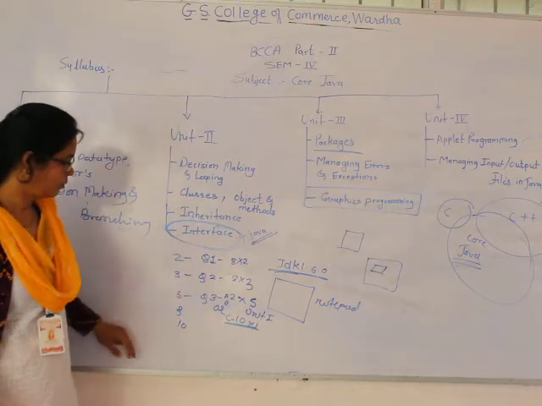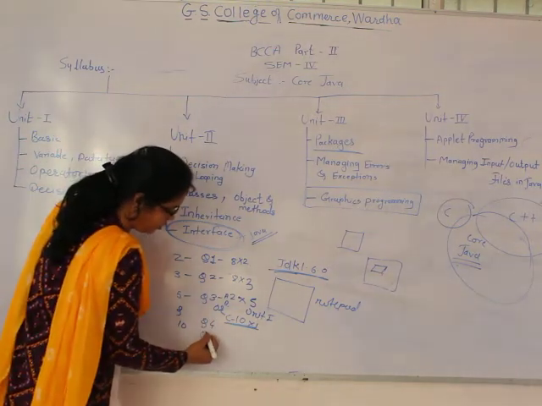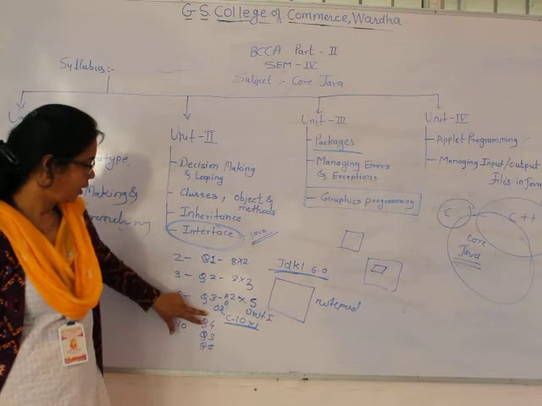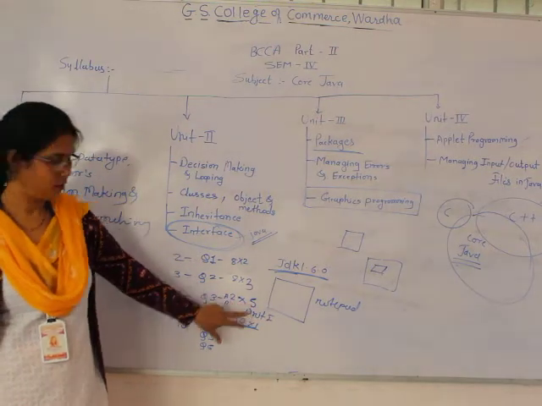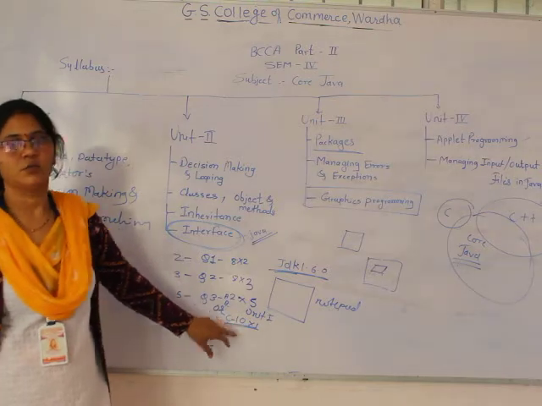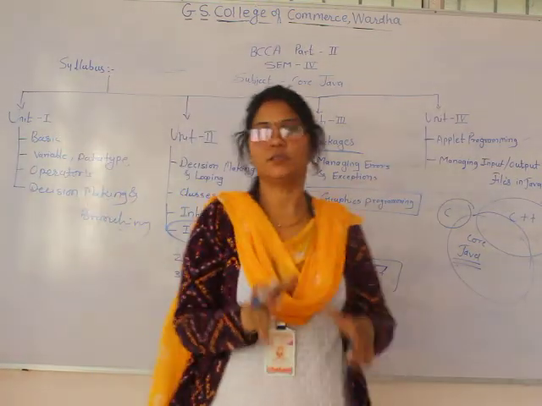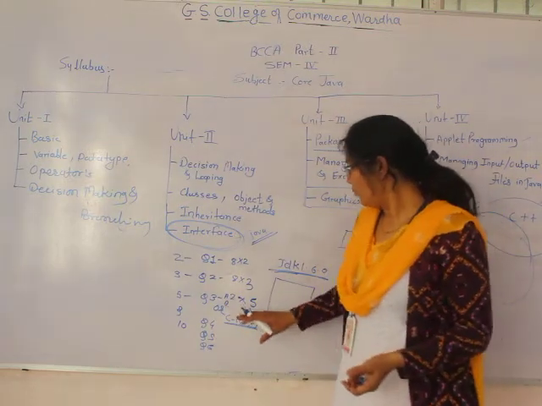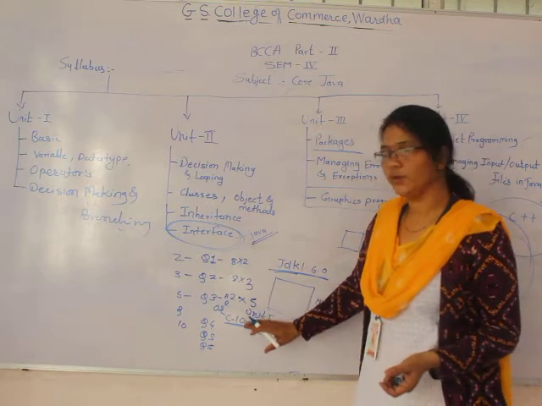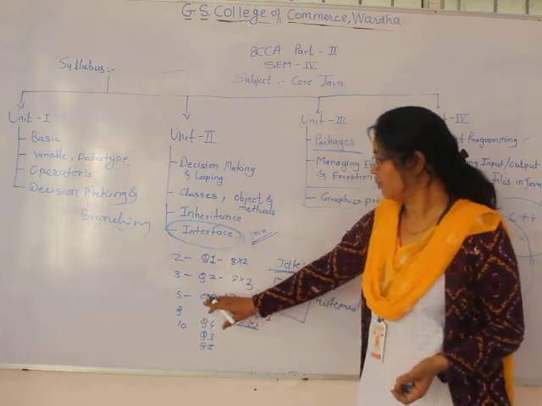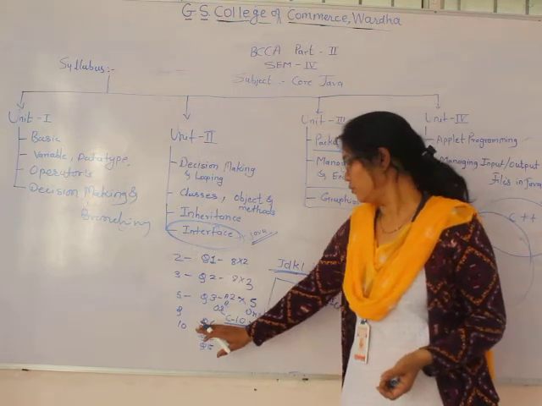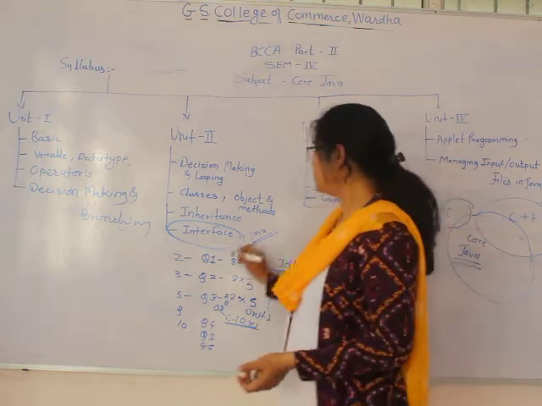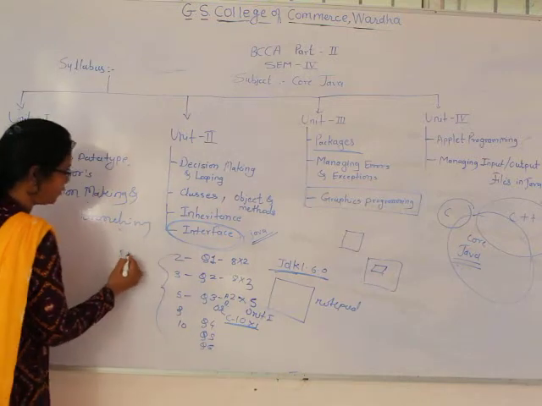Similarly, question number 4, question number 5 and question number 6 have the same pattern, that means A and B of 5 marks and C for 10 marks. This pattern is similar, but the portion of the unit changes. From unit 1 comes question number 3, from unit 2 question number 4, unit 3 question number 5 and unit 4 question number 6. So the total marking scheme is 80.